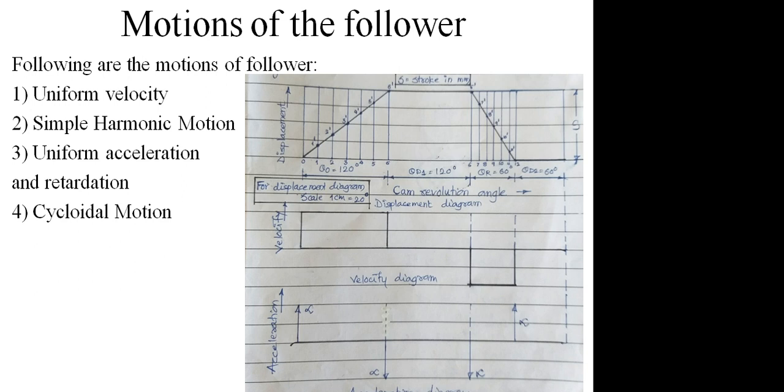If you want to use this follower in a practical application, as here its acceleration is infinite, we must have some value of acceleration to bring this follower into some application when the follower moves with uniform velocity. So for that purpose, you must have some acceleration. Now when you get that acceleration, you can see the same diagram. In the previous case it is infinite, but it is useless. We cannot use this follower which has uniform velocity, because its acceleration is infinite.